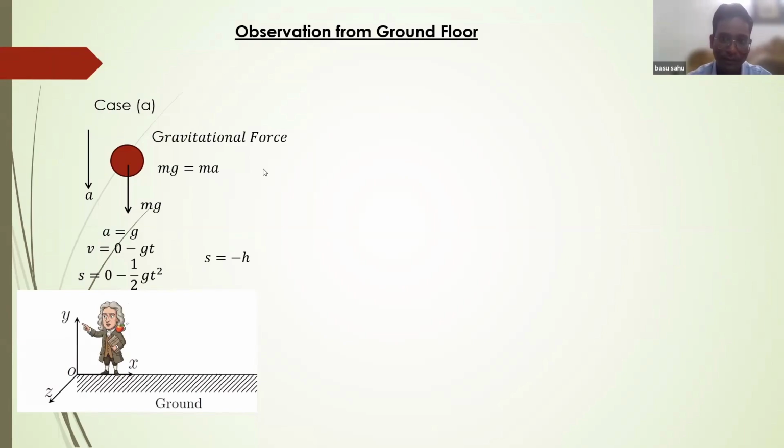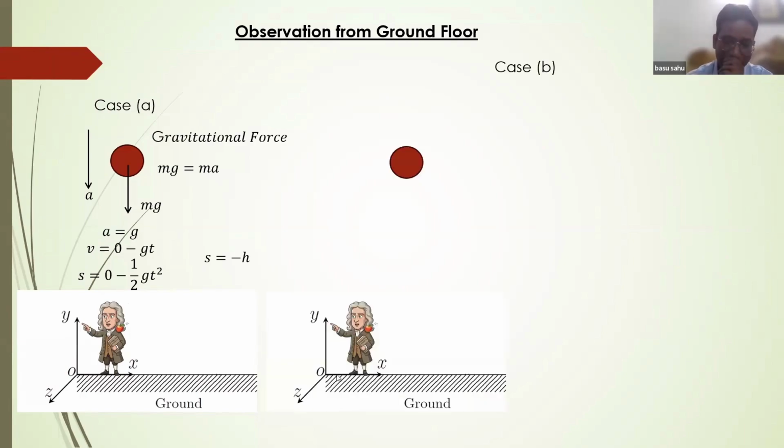What about case B? Let us understand. Again, I consider a frame of reference, a ball, my system, and an assumption. What assumption are we considering here? No gravitational force is acting on the ball, because our spaceship is in deep space where no gravitational force exists. Even there is no drag force kind of thing, right? Under this assumption, what forces are acting on this ball? Can anybody tell me what forces are acting on this ball?